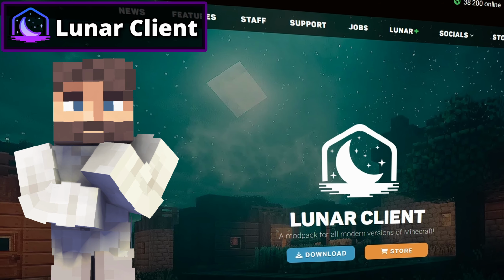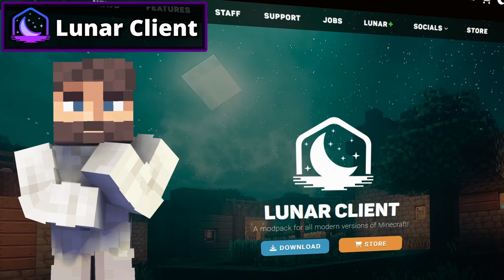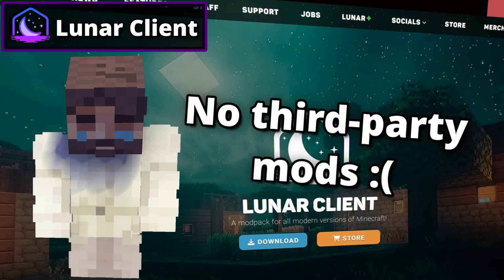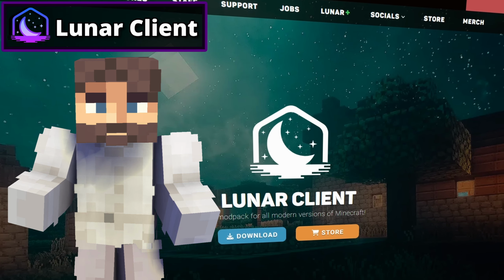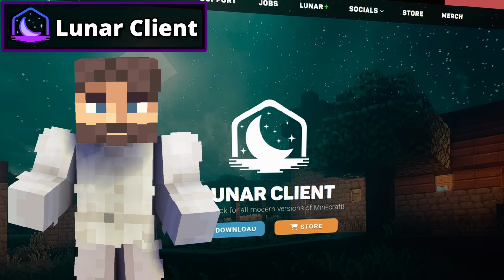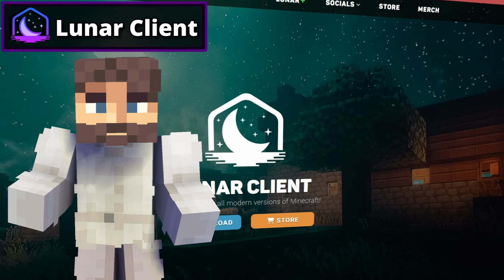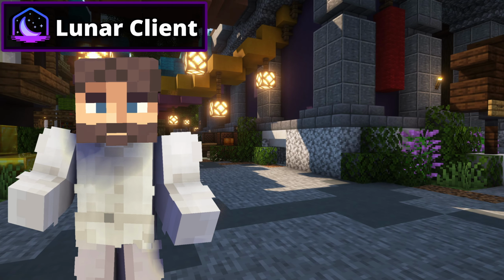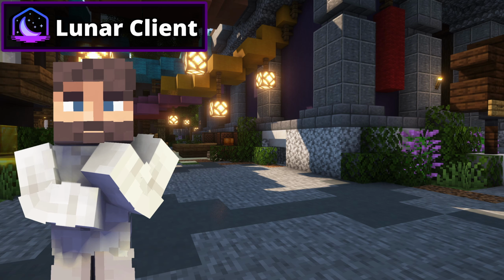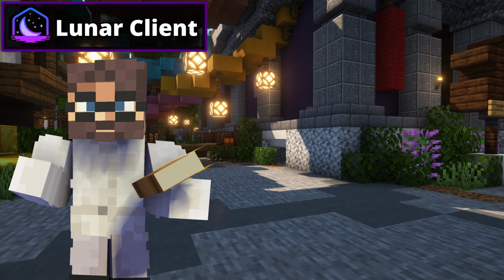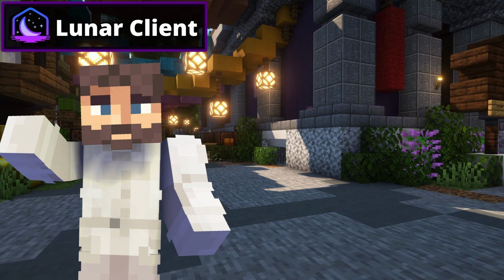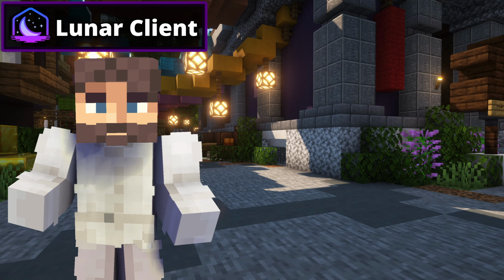Another shortcoming is that Lunar also only allows their own mods, so it doesn't let you customize your own mod list. There is of course no risk of accidentally downloading viruses or other stuff since the mod list is curated. Overall, Lunar Client is decent. It gives a very good FPS boost, so it could be useful for people with more low-end specs on their computer. The aesthetics, as I said, is also great, and it provides the main mod with no risk of getting